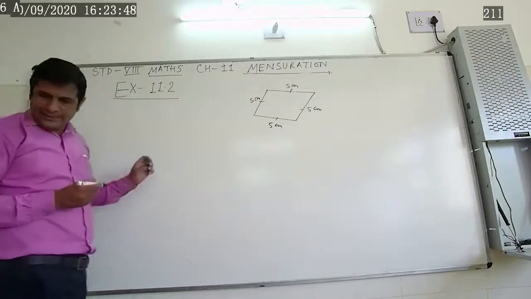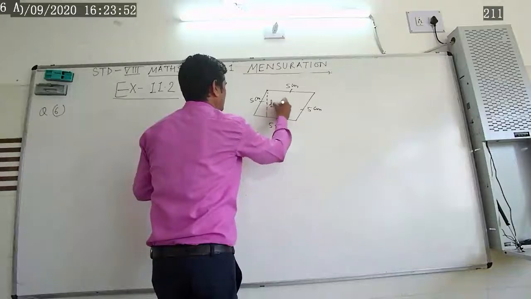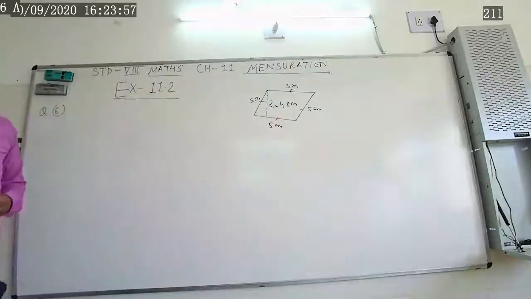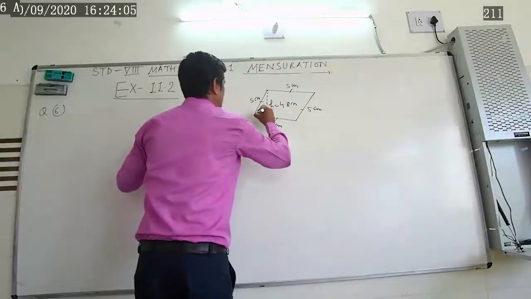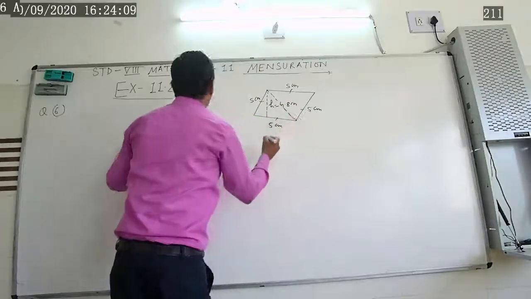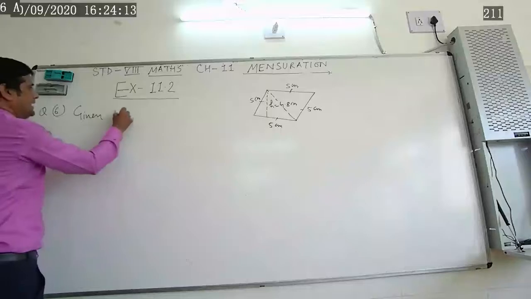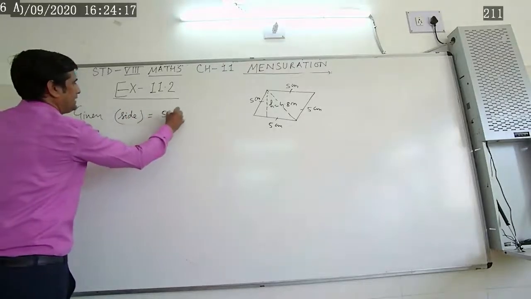And altitude is 4.8 centimeter given. If one diagonal is 8 centimeter, given side equal to 5 centimeter,